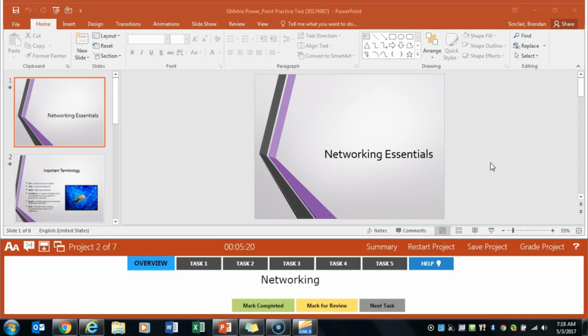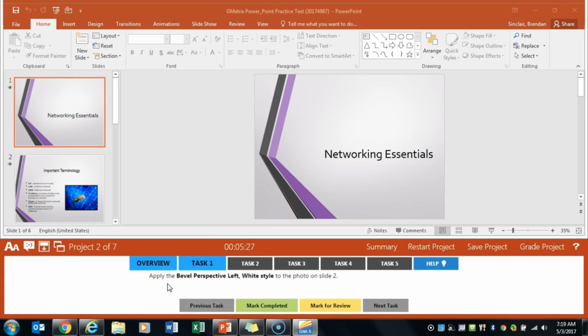We are working on PowerPoint multi-project 1. We're on the second project called networking. Task 1 asks us to go ahead and go to slide 2